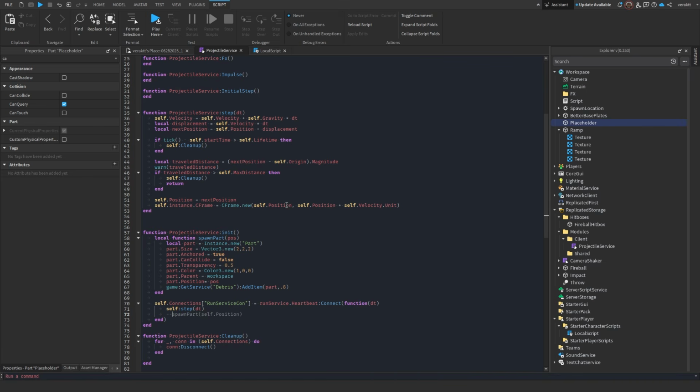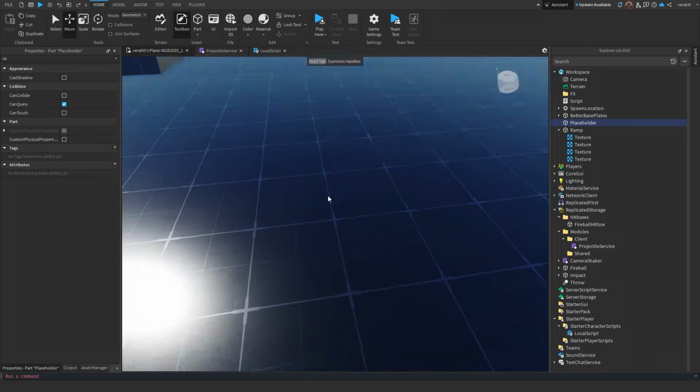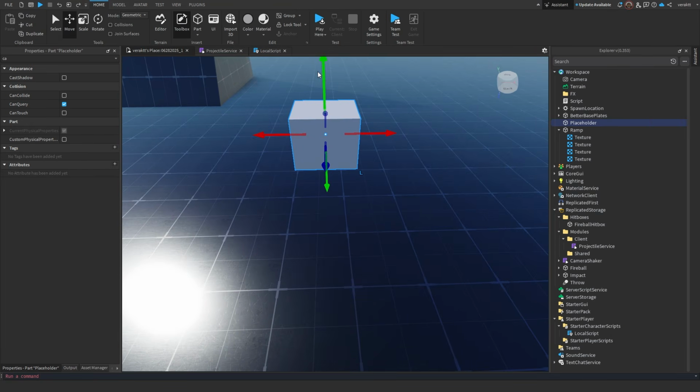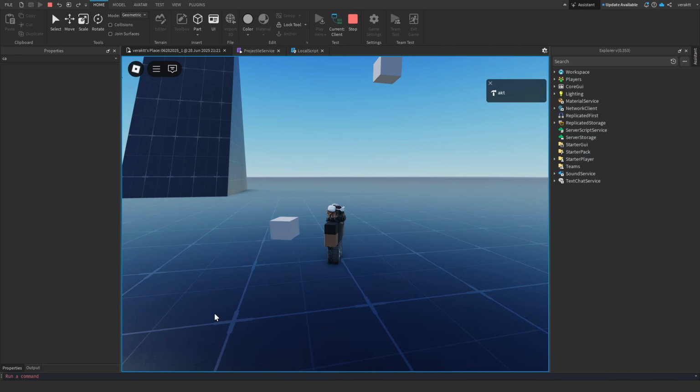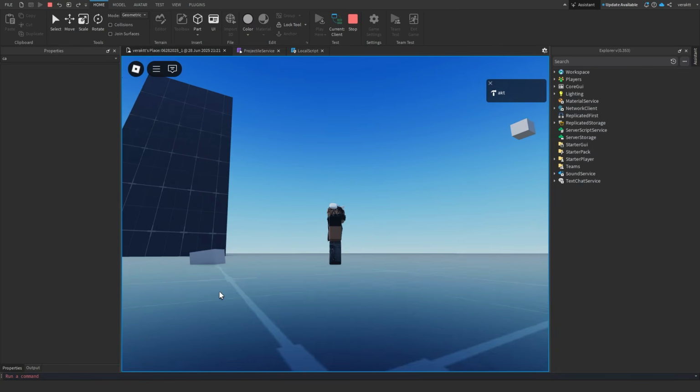And obviously when you do CFrame.new, you can see it takes in 2 parameters. And then we're setting the unit of the velocity added to our current position. That means that it's going to be facing that direction from our current position. I explained that horribly, but you guys get the point, hopefully. So now, if I were to run it, you can see the part starts to slowly change direction